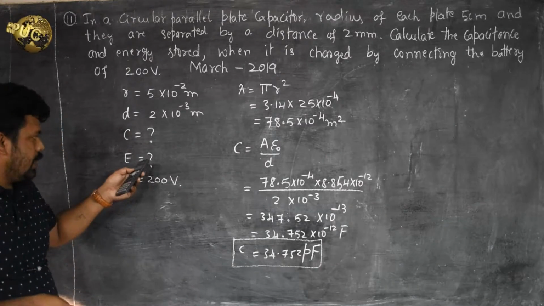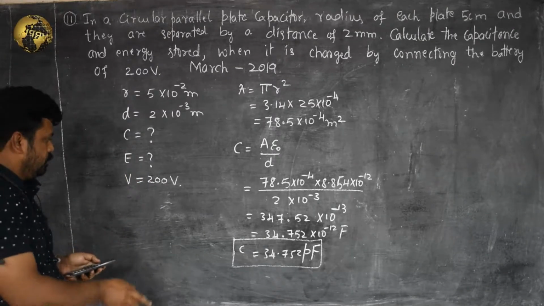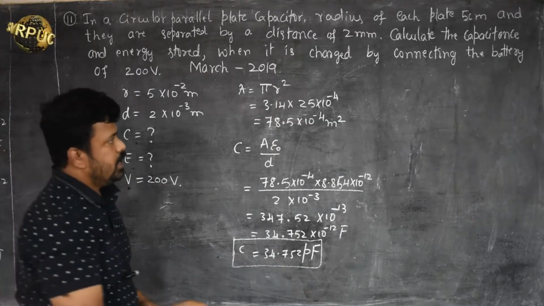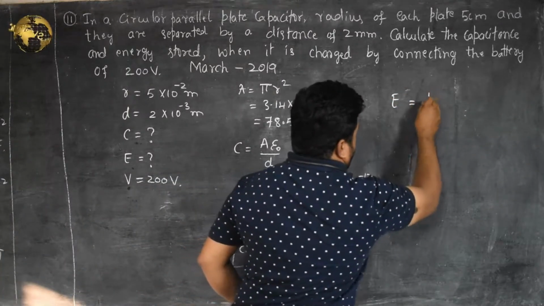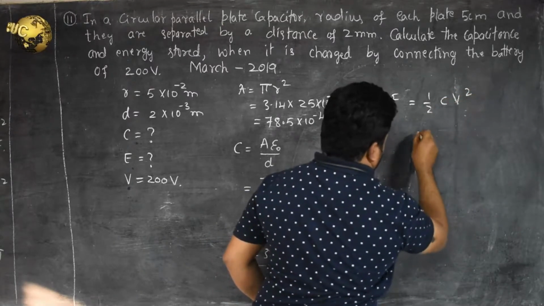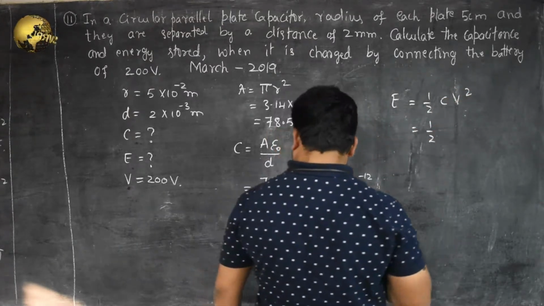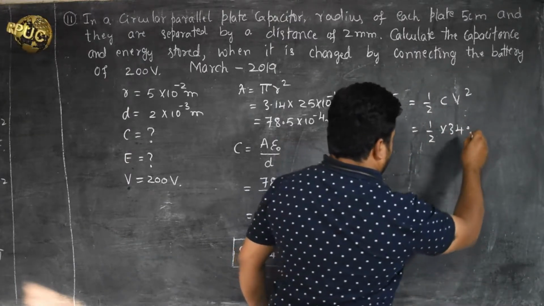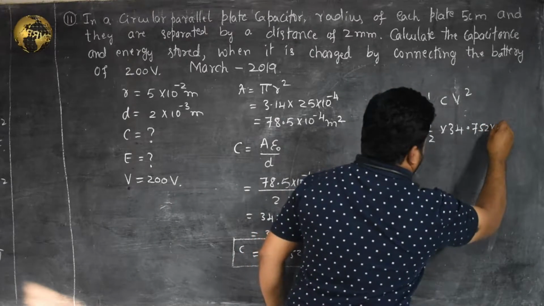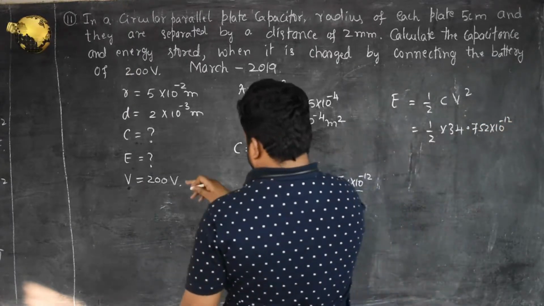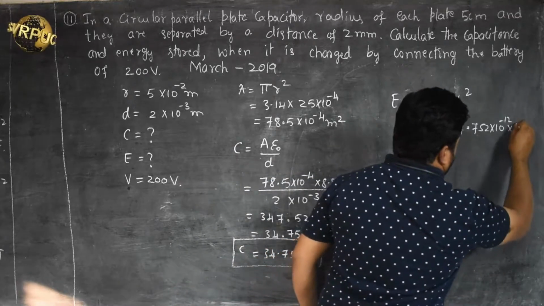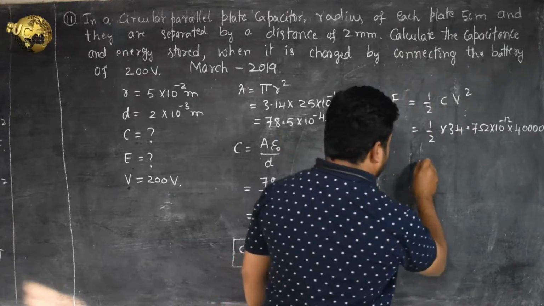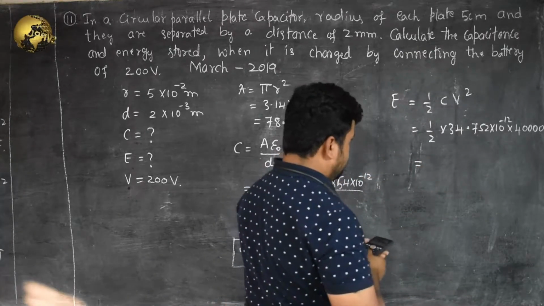Next we need to calculate the energy stored. So potential is given, capacitance we have, so the energy stored is U equal to half C V square, so 1 by 2 into the capacitance we got, 34.752 into 10 to the power minus 12, into 200 square, which is 4 with 4 zeros. On solving this, we get